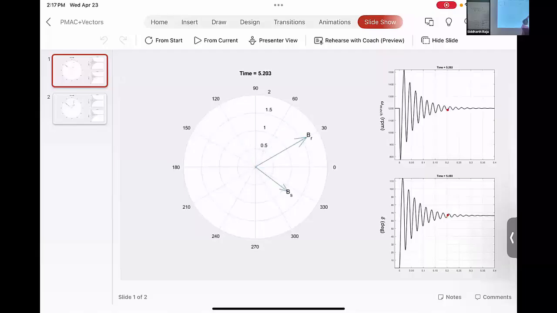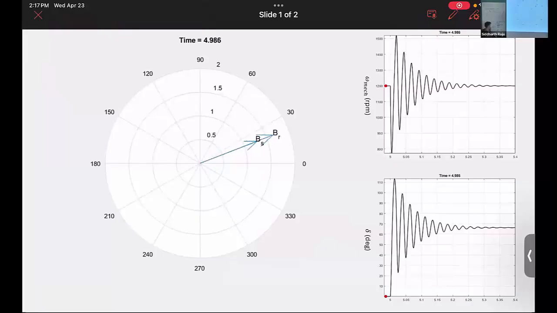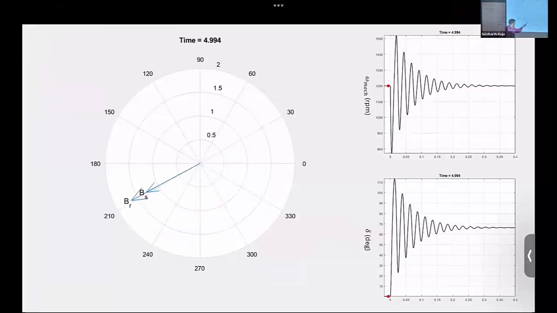And then it oscillates, goes back and forth, and settles at a new angle. Right? So if you see BS and BR are perfectly aligned with one another at the beginning, as soon as I apply the load torque, you can see that the BR starts to lag behind. Right? And the speed starts to change, and this change in speed corresponds to the BR lagging behind. And then it will do that oscillation going back and forth, and then come back and settle at some particular